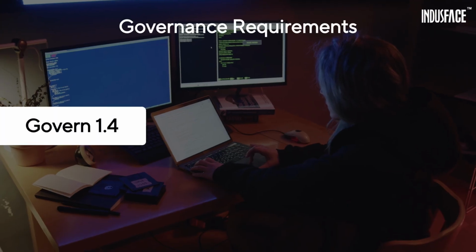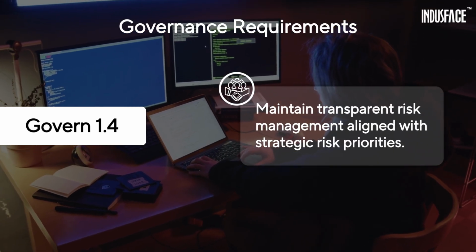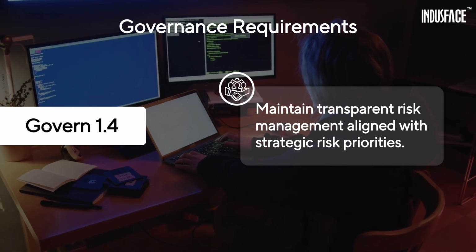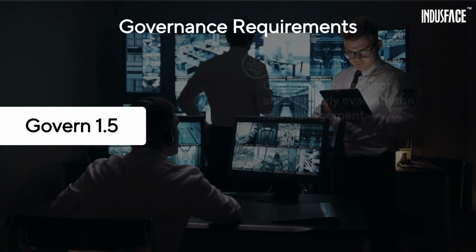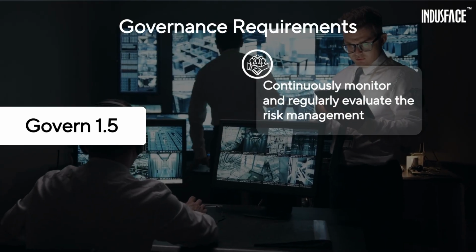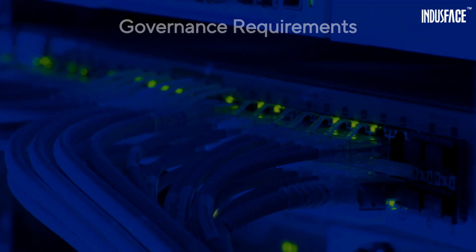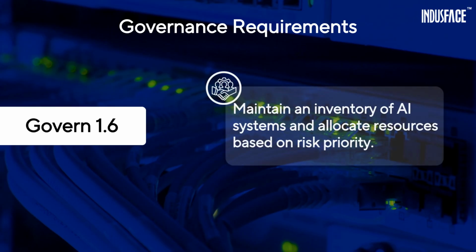The framework begins with governance. Under Govern 1.4, organizations are required to establish and sustain transparent risk management practices that support their strategic risk priorities. This is reinforced by Govern 1.5, which requires continuous monitoring and scheduled evaluations, along with clearly defined roles and responsibilities. Building further, Govern 1.6 requires organizations to put mechanisms in place to inventory AI systems and allocate resources based on